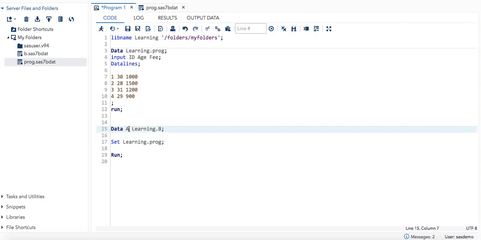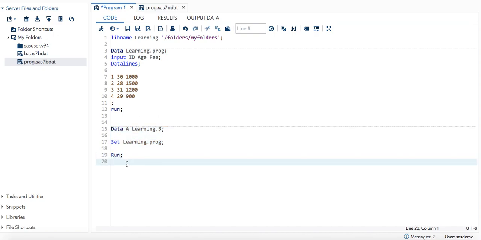So the a will be getting created in the temporary library, that is work, and learning dot b, here I have already specified the library, that is learning. So the b dataset will be created in the permanent library, that is learning. And I'm saying set learning dot program means whatever contents of learning dot program are there, please copy it into a and into b.